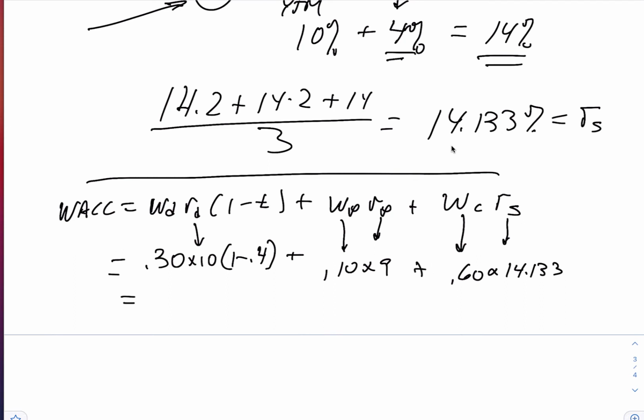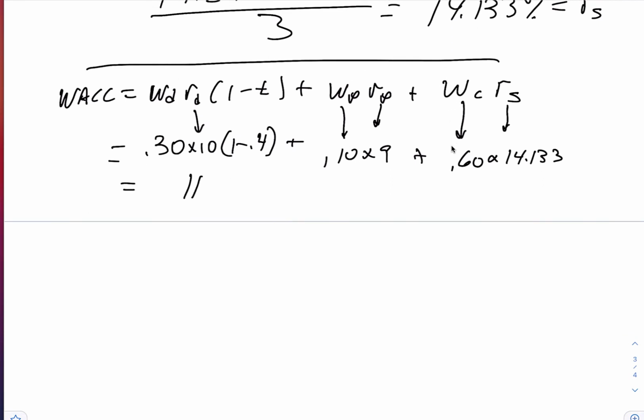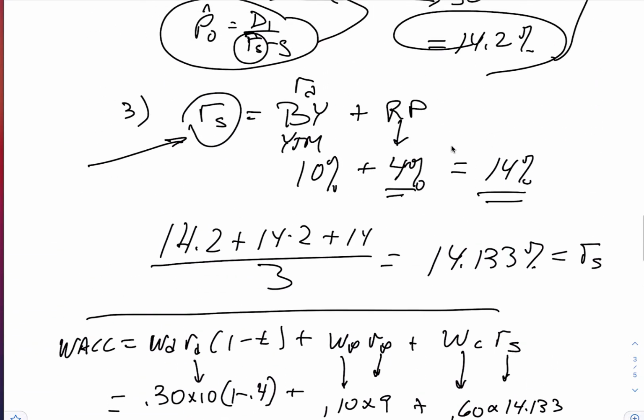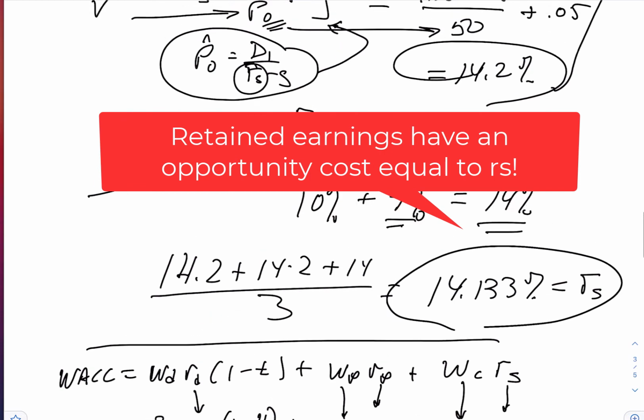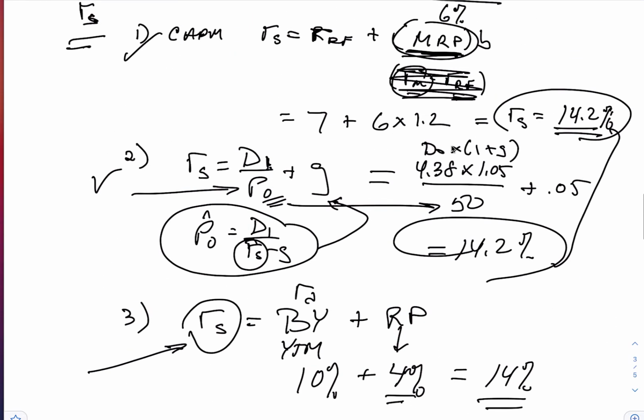So we just literally plug the numbers in and add them up. It adds up to 11.18%. That's our weighted average cost of capital. And what that assumes, by the way, is that we use just retained earnings in computing RS. We calculated this RS number, the cost of equity, and we assumed that we're funding the projects we're going to evaluate based on the cost of retained earnings.